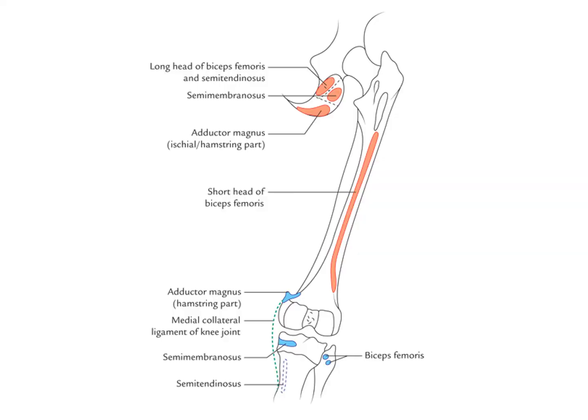You see this diagram, here is the ischial tuberosity, and here is the insertion of the hamstring muscles on either leg bone. First, the long head of biceps femoris arises from the ischial tuberosity, and the short head of biceps femoris arises from the linea aspera. The short head of biceps femoris is not included in the hamstring muscles, because the common criterion of the hamstring muscles is that they all arise from the ischial tuberosity and insert into either tibia or fibula below the